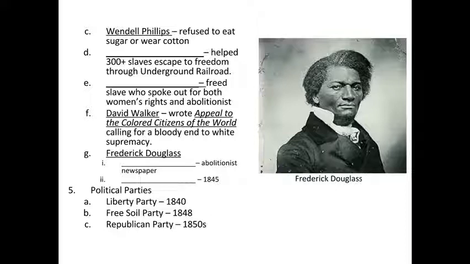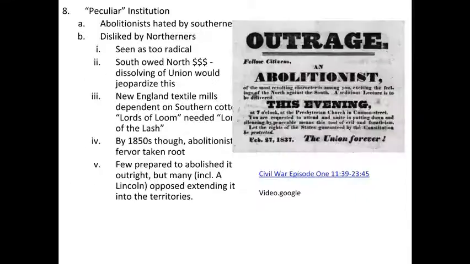So I'm still trying to figure out who was in D, and I know some of you probably know. It was a woman. She also fought in the Civil War, and I'm blanking out. But we could actually talk about that in class. So I'll probably figure it out by the time we do our lecture next week. So I'm going to skip that one and come back to it.